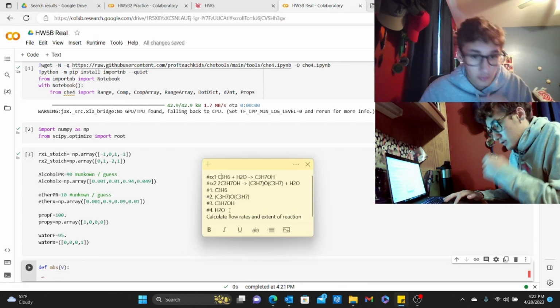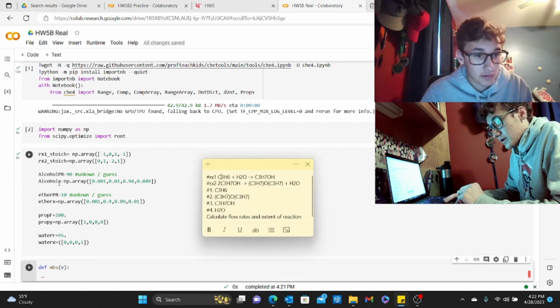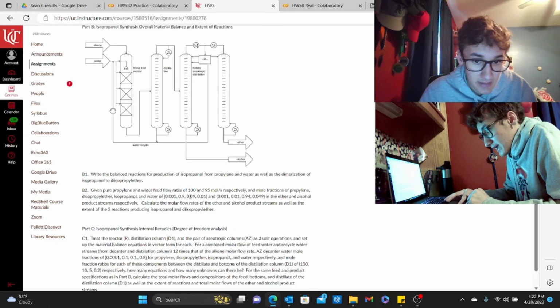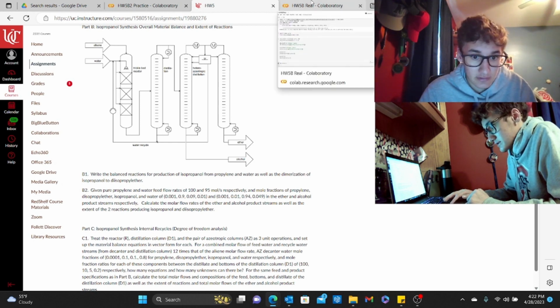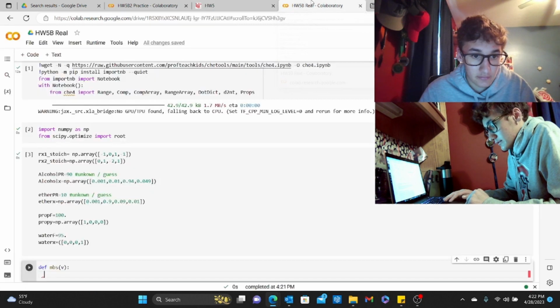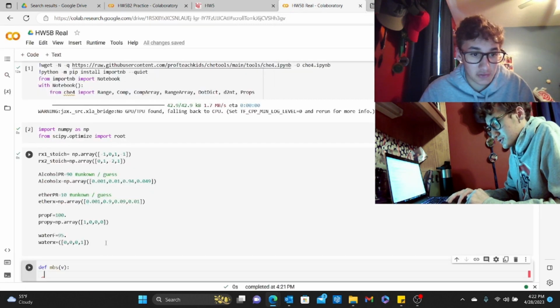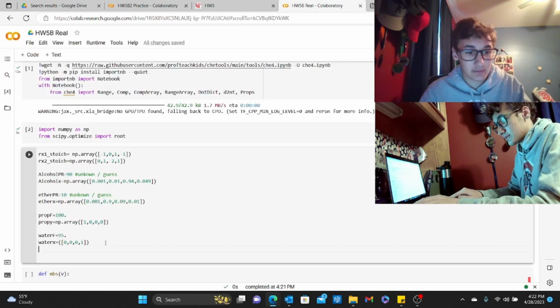So we're solving for flow rates, so ether and alcohol. Let's see, what order did it come in here? So it came in order of ether and then alcohol, so we'll do that in this. And then we also want their reaction 1, reaction 2. And so another guess we're going to make is we're going to make